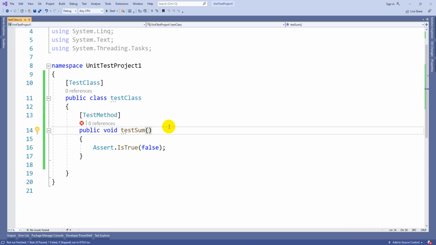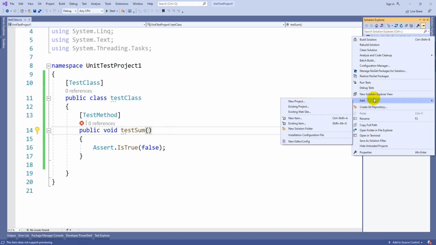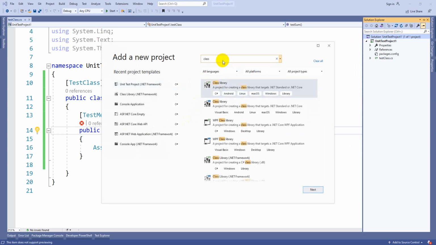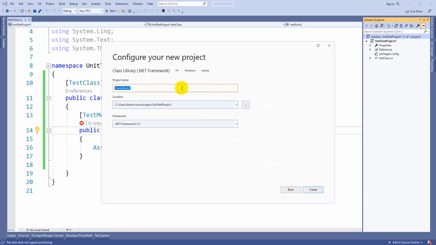In case you want to implement a proper methodology, let me add a new project. Let me take a class library, where it contains code, guys. For the class library, make sure it has .NET Framework in brackets.